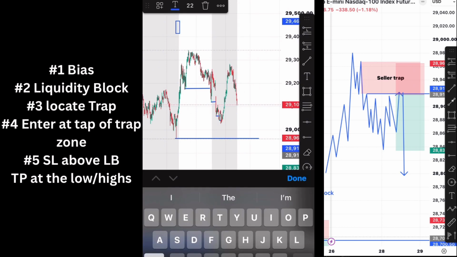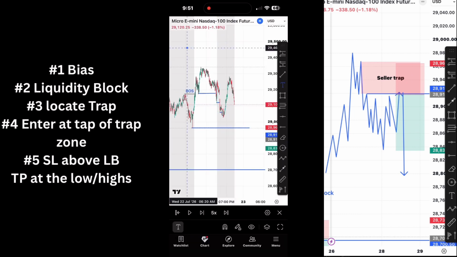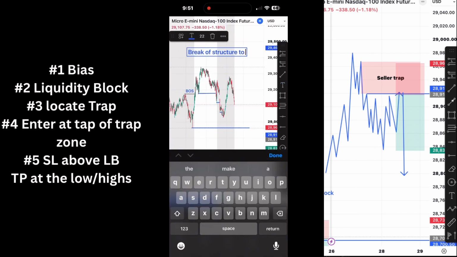We're going to break this down. There's two entries that came from this trade idea. So let's see what we're seeing here. We're looking for our bias, number one. So the breaker structure that we have here, you can see the BOS